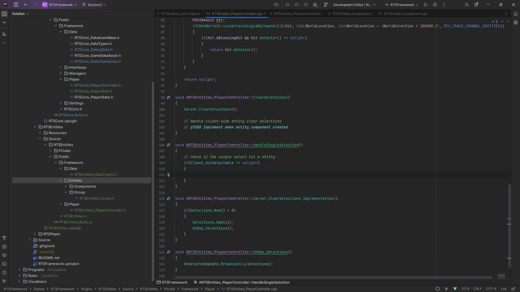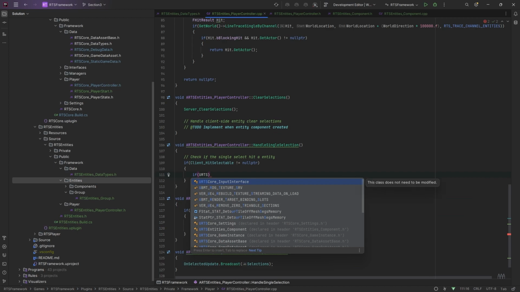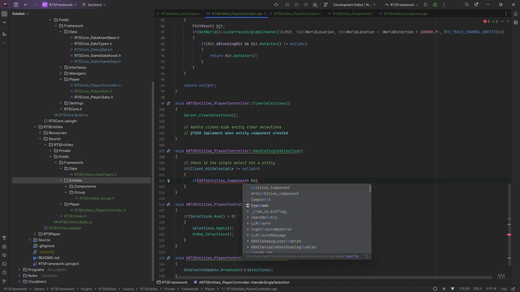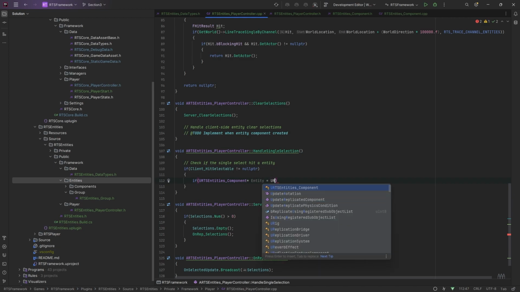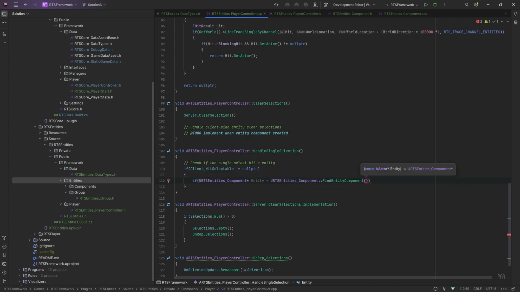So if we actually did hit something, we need to get that entity interface. And the way we do that is we just call that static function. So that's going to add the entities component .h. And I'm just going to call the variable entity, because it's going to be where we read all our data off an entity. And then to use that static function, we just call the class find entity component, and we pass the actor, or the entity that we're trying to get the component of, which in this case is the client